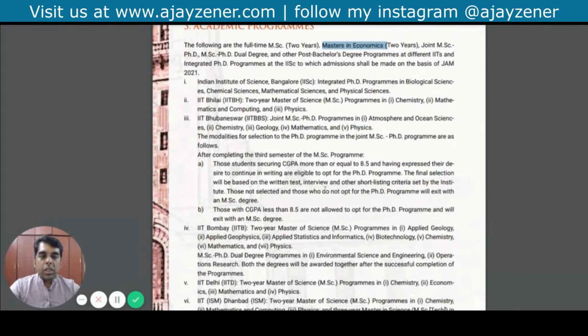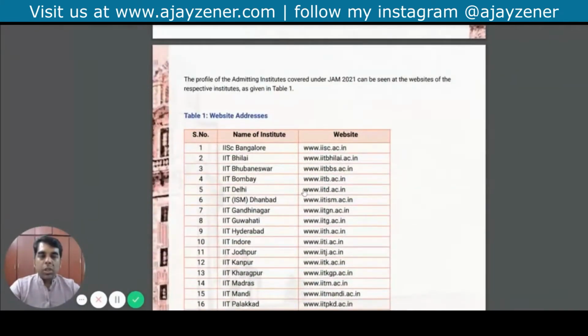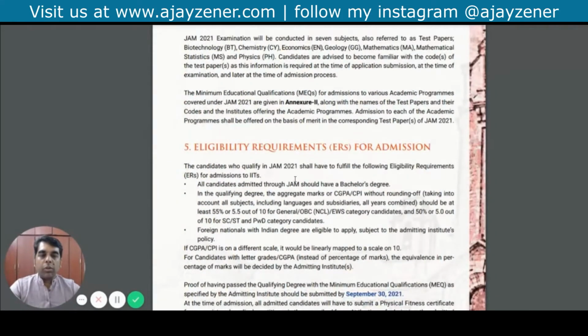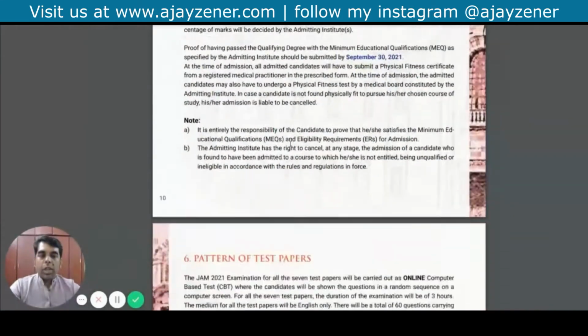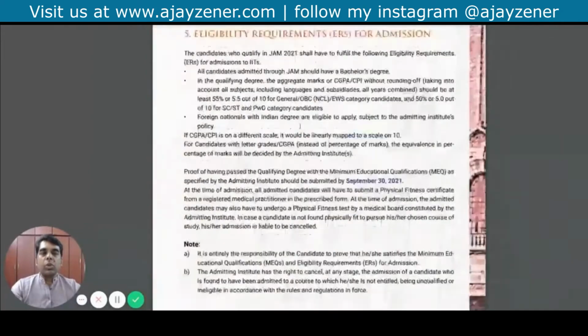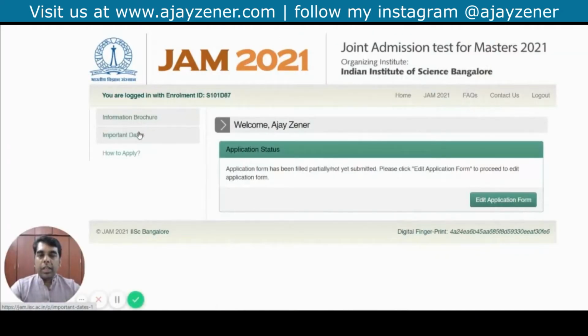So pretty much in detail, you can go and also check out which are the colleges, and the details are given there. There is also a complete detail for each eligibility criteria for all the kind of programs that are on offer, and you can also go and read that. So pattern of the test paper, everything is there. So this brochure is quite handy when it comes to gathering details.